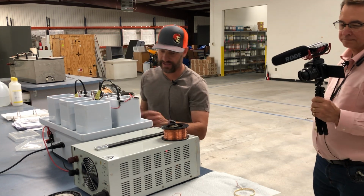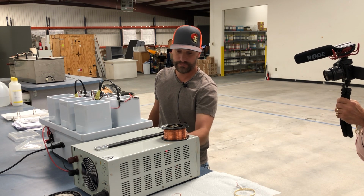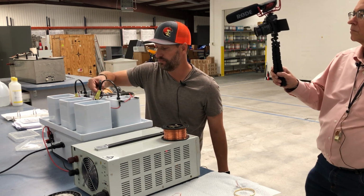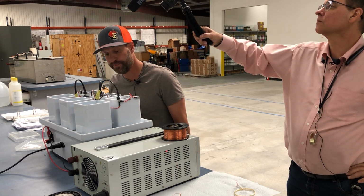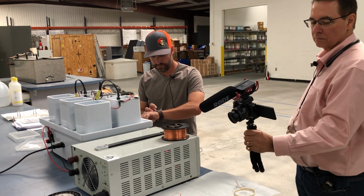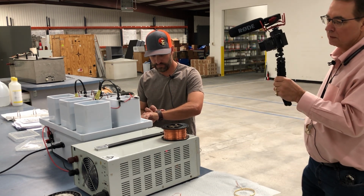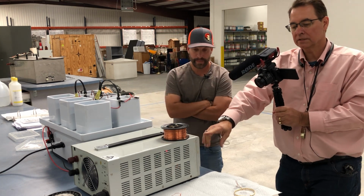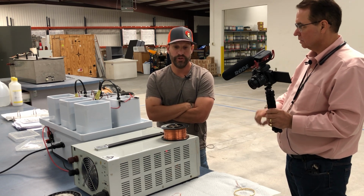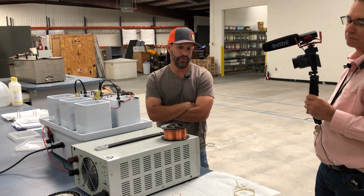Now we're going to go back to 4 so that we can run this second bath. So on this machine here, you're mainly adjusting the voltage, but you do have the ability to adjust the amps. Generally in 1 liter, 2 liter, even up to 5 liter systems, you really don't need to mess with